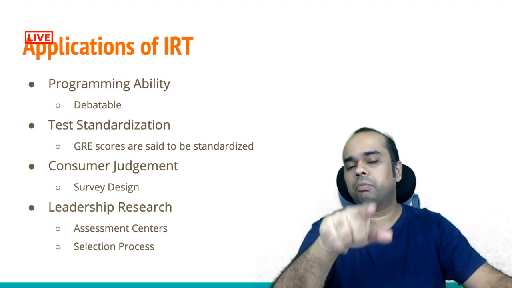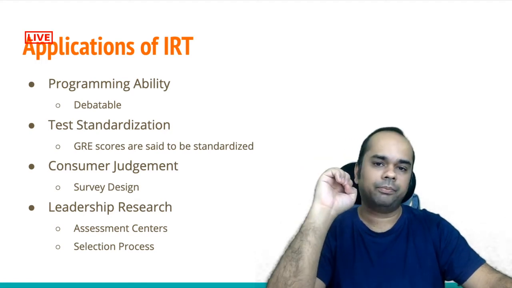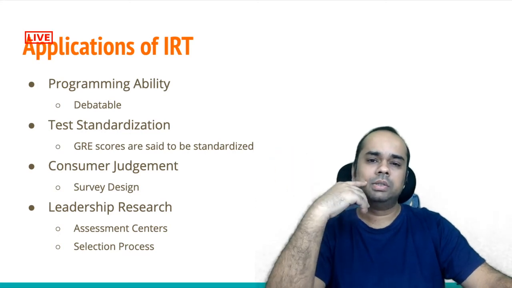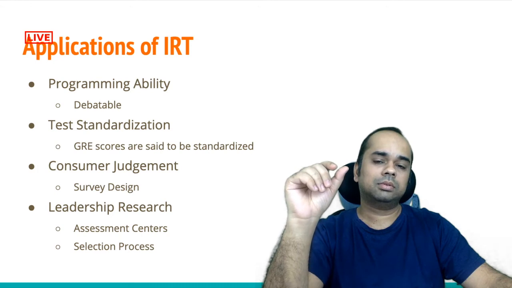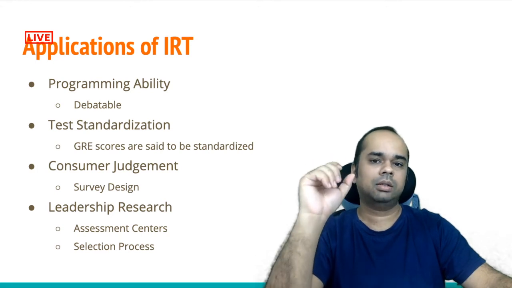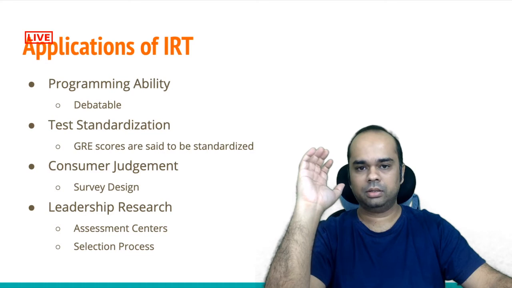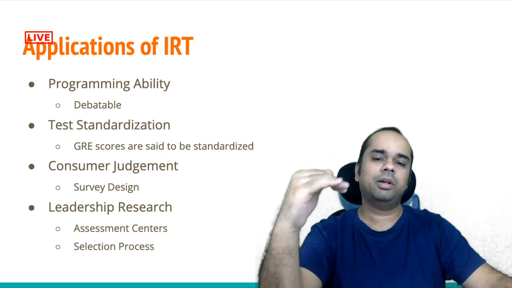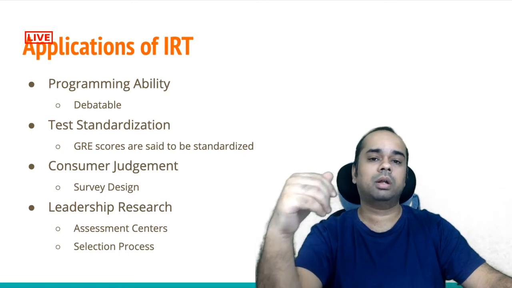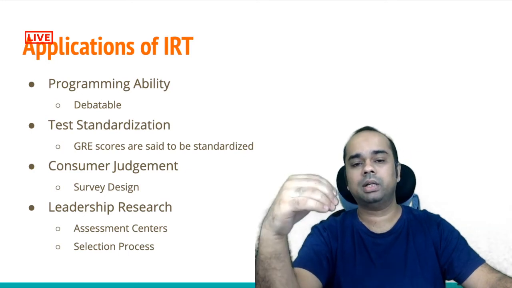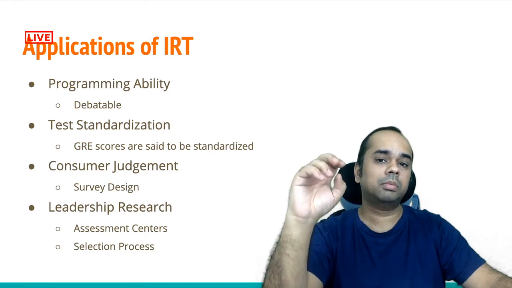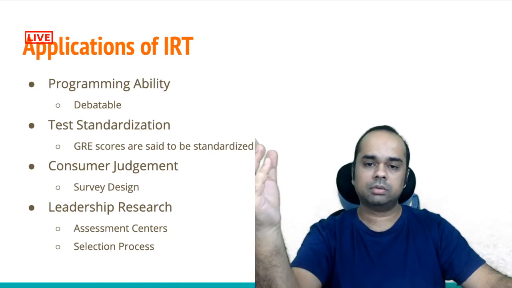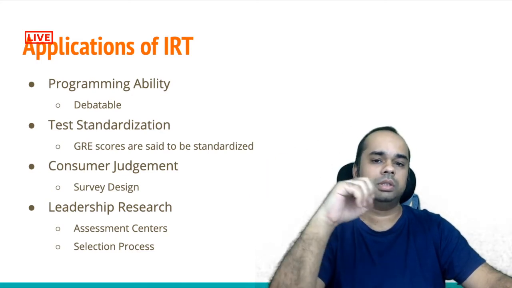The number one thing that I've put on this particular slide is programming ability, and that is something of obvious interest to me, and something that I've seen at play. So it does not have a 100% proven utility over here. Item response theory being used to assess, evaluate, and benchmark programming ability is something that I have not seen very frequently, but it is something that can be done. There is some amount of research and work already being done on it in literature globally, and something that we have also seen doing.